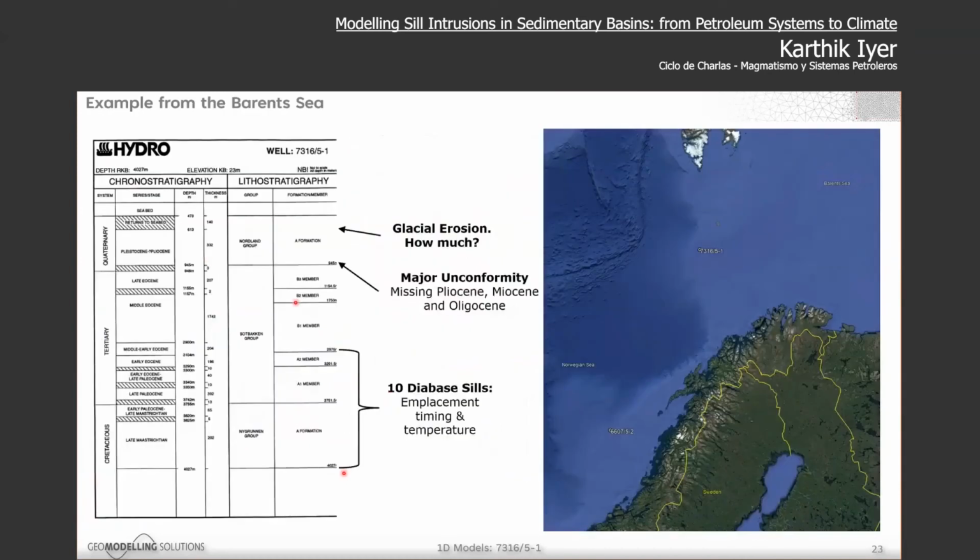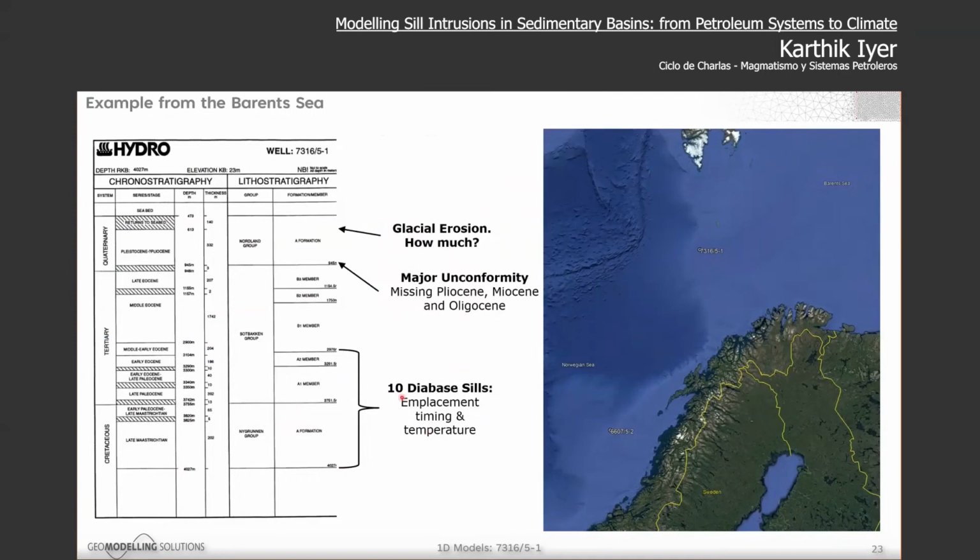That, in my opinion, at least, was a relatively simple 1D model, not only because it's a 1D model, but because it has just two sills. So it's very easy to just tune it myself, say the emplacement timing, the temperature, and try different scenarios and match my Retronite data. But it takes a little bit more time if you have all these parameters to tune.